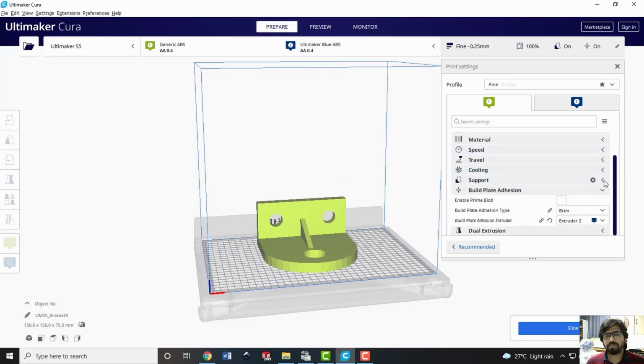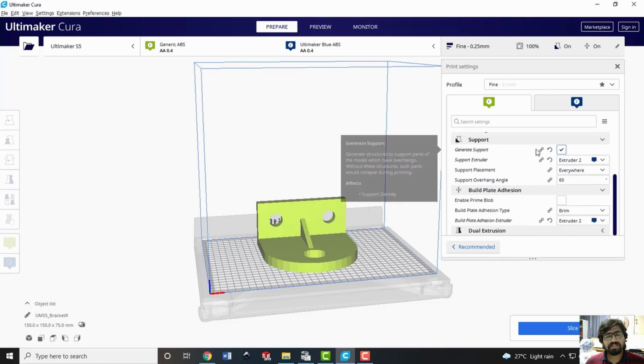Then the next option is corresponding to support. Do you want to generate the support? If I say yes, then only it will generate the support. In some additive manufacturing processes, we do not have the support mechanisms. That case is difficult to realize the overhanging features until there is an inherent support mechanism available. Like in the case of powder bed additive manufacturing, we need not generate the support, because the loose powder itself will act as a support material. But if you deal with the FDM process, which is the case right now, we require a support mechanism. So we are clicking here, and we are enabling this option saying generate the support.